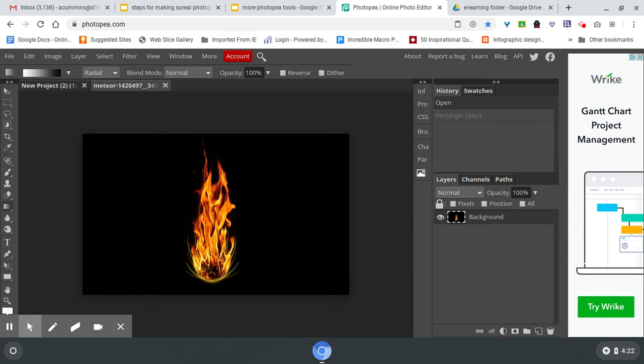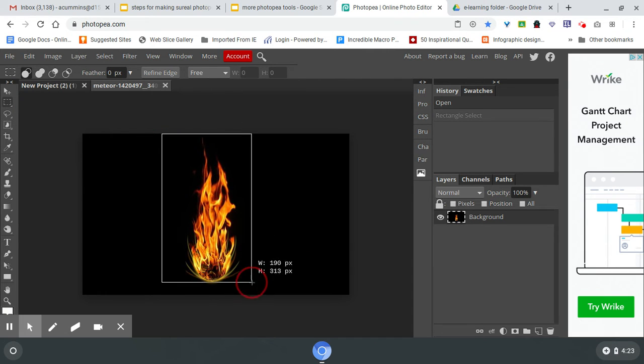For this video, I am going to show you how to add a light source. So to create kind of like a candlelight effect off of the diver, I am basically going to use this little meteorite. So first thing I'm going to do is go grab the rectangular marquee, rectangular selection, drag over